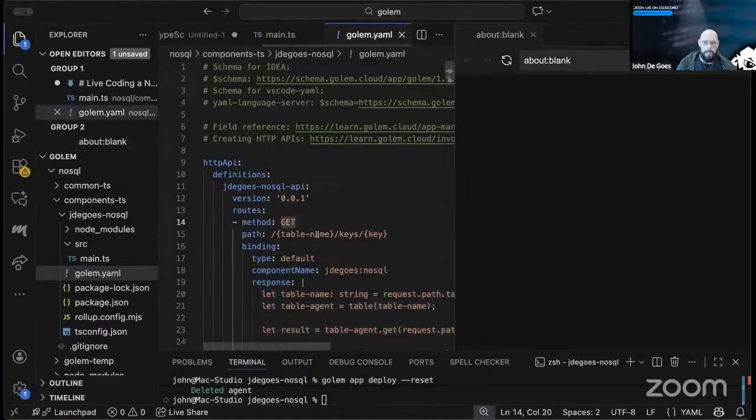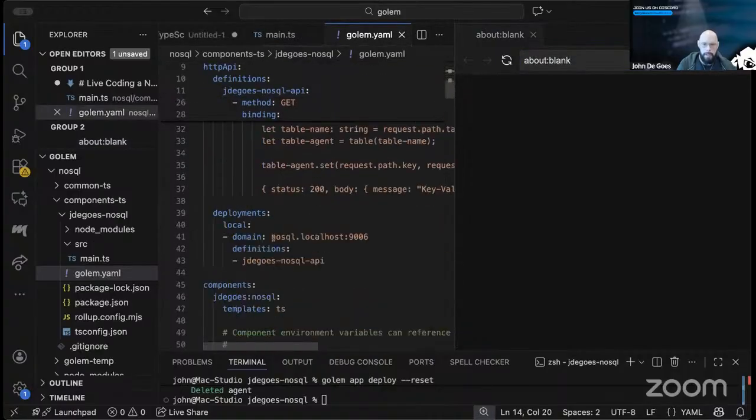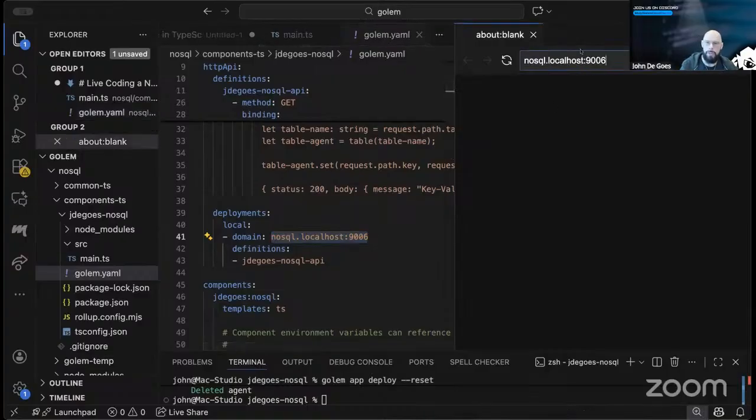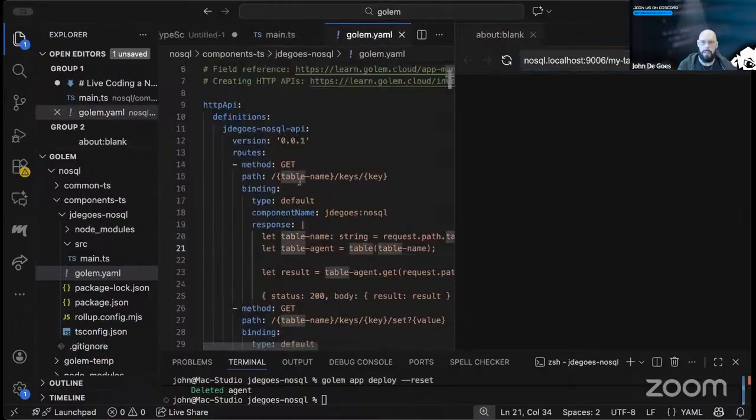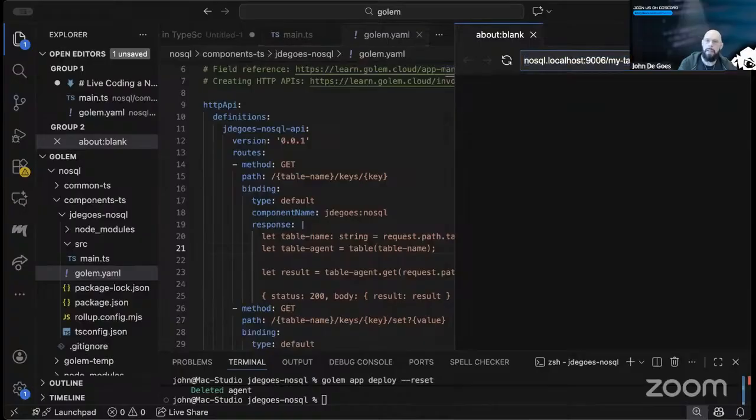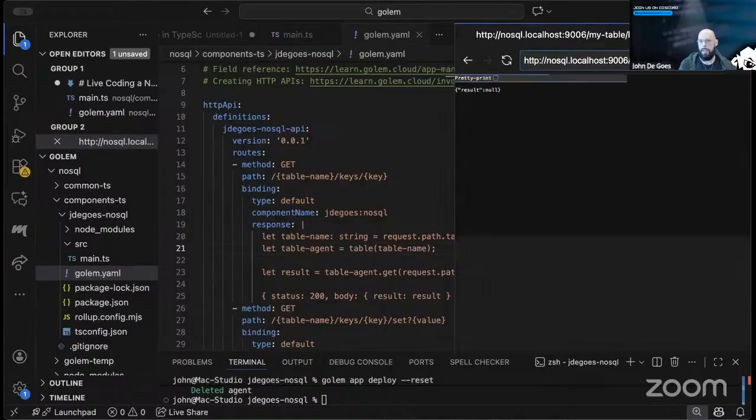I'll open my browser, my table, C. Keys, and then just a key of A. I get null, okay. And if I do A / set, value equals B,